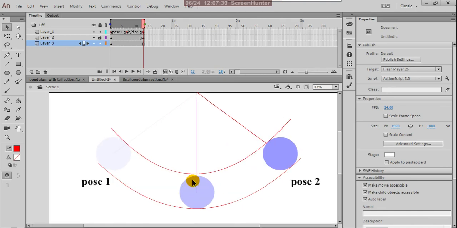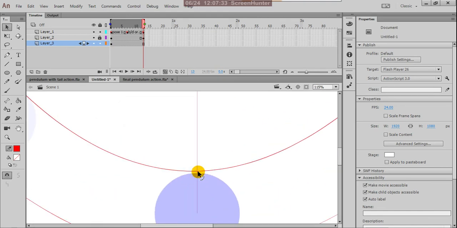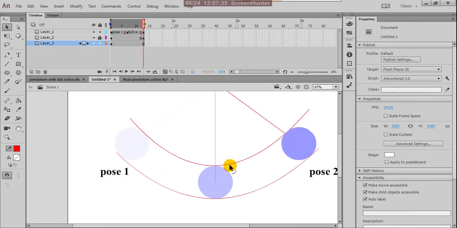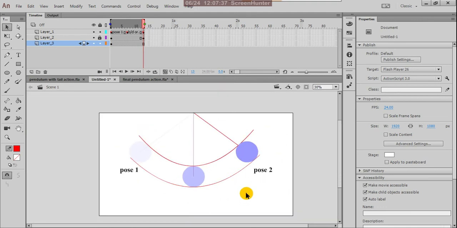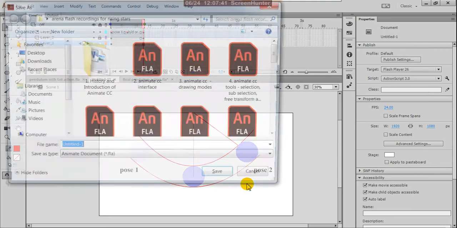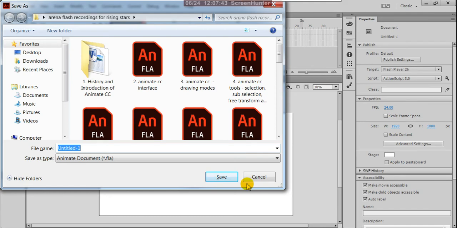Yes, this is okay. Okay, so this you can Control S. Give the assignment a number here.